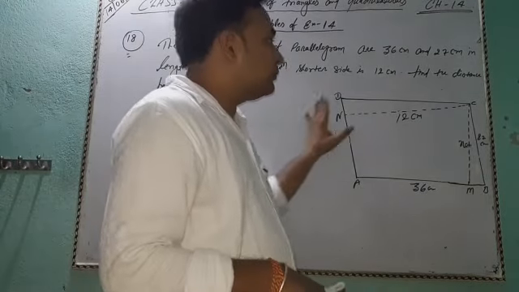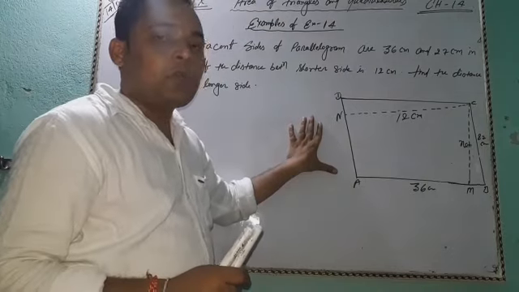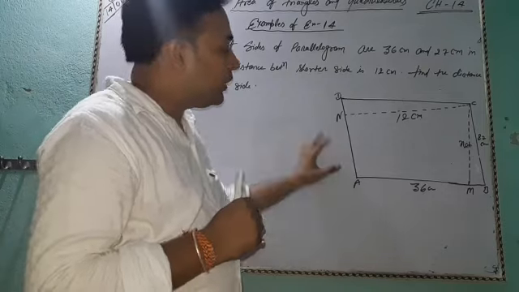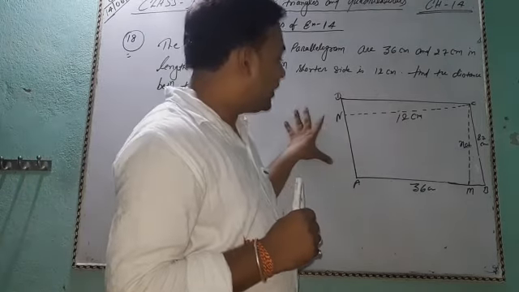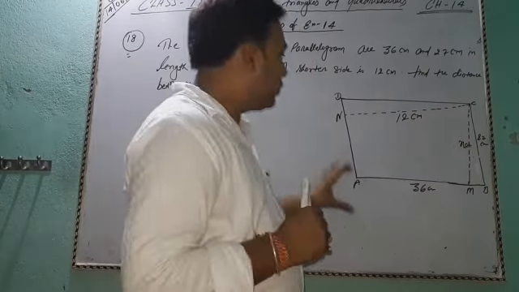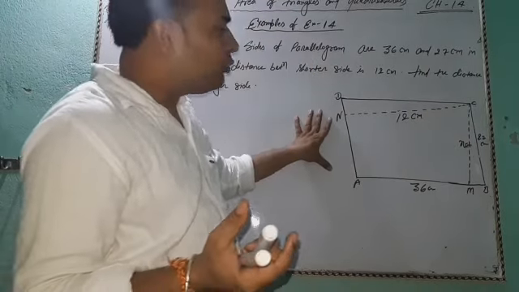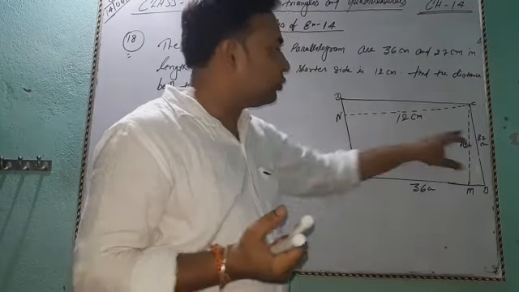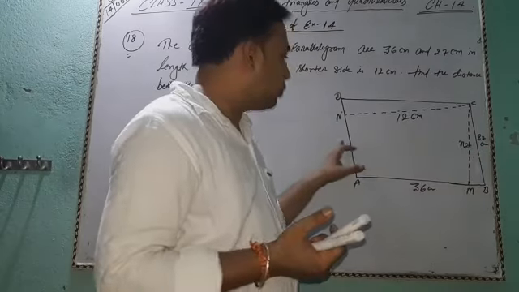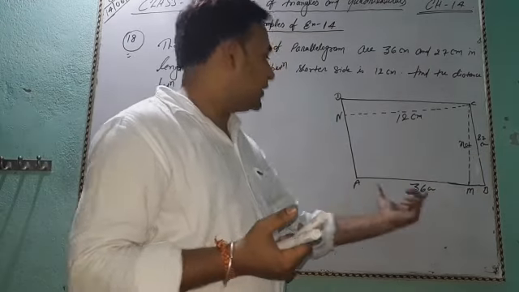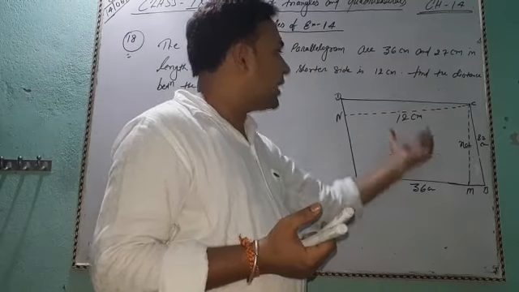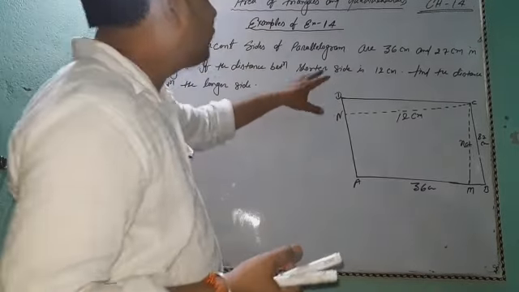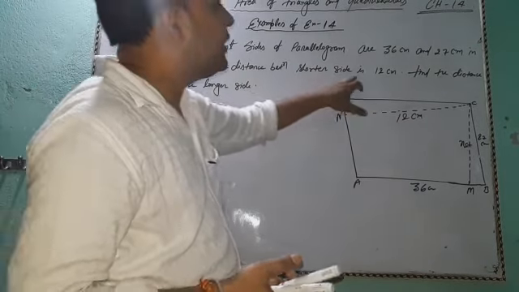ABCD is a parallelogram in which, by the property of the parallelogram, opposite sides are equal. Okay, so AB equal to CD and AD equal to BC. So any two sides are shorter. AD and BC, two opposite sides are equal in length, 27 centimeter. These both sides are the shorter sides, and AB equal to 36 centimeter. AB and DC is the longer side of the parallelogram ABCD. Okay, so the distance between the shorter side is 12 centimeter.